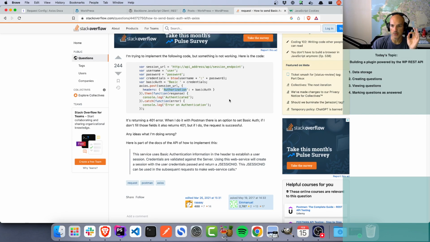Now that's basically how you would do authorization for basic auth if you're on the command line curling or whatever. So in Axios you had to base64 encode it, which is really cool because that means that